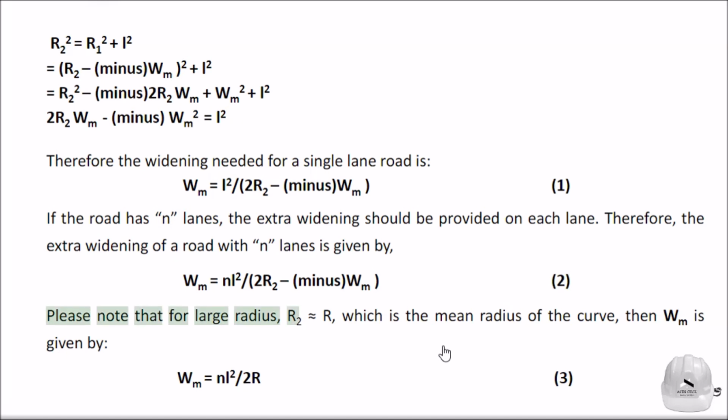Please note that for large radius, R2 is approximately R, which is the mean radius of the curve, then W_M is given by W_M equals n L squared over 2R. (3)